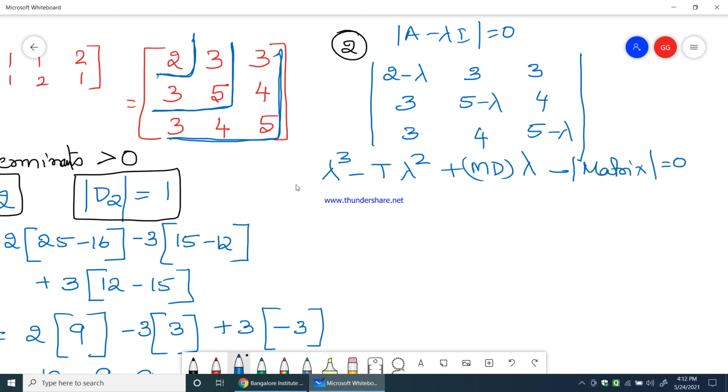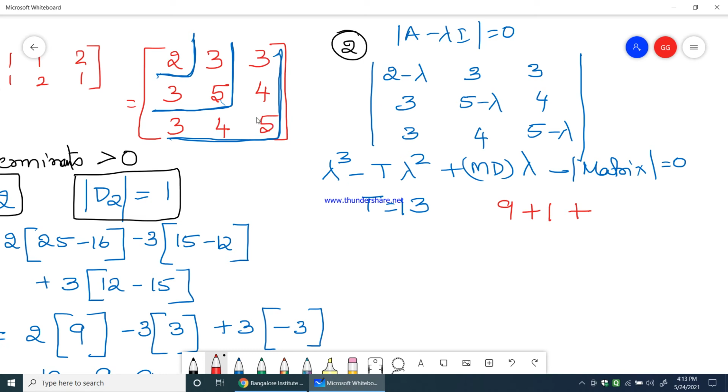This we will use. So, lambda cube minus trace lambda square, what is the trace? 5 plus 2 is 7, plus 5 is 13, and plus the sum of minors. The first minor is the determinant with respect to 2, which is 25 minus 16, so I will say 25 minus 16 is 9. I will directly write 9, plus the second minor with respect to 5. So, this row and this column, 10 minus 9, which is 1, plus the third